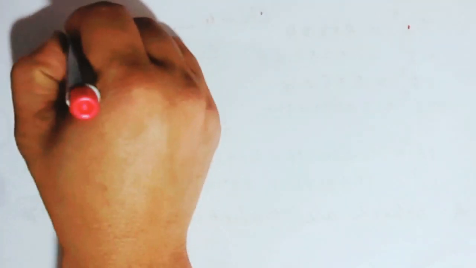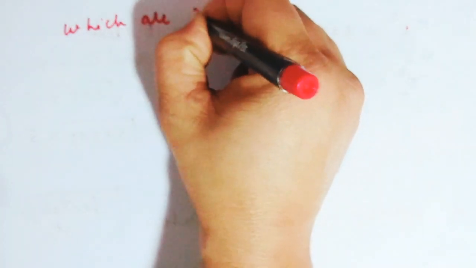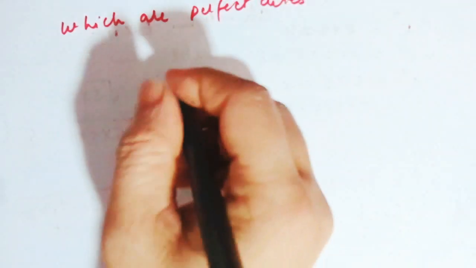Let us see if we can find its prime factors and how. Okay, no need to ask how, you will get the answer very soon. Come on, have a look. For example, 243. If you get a number like 243, which are perfect cubes.